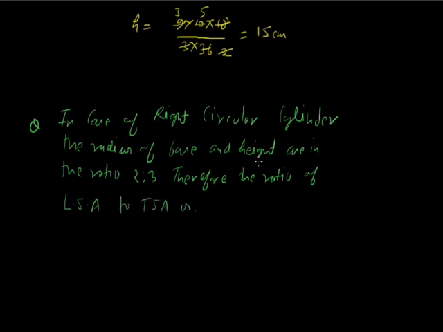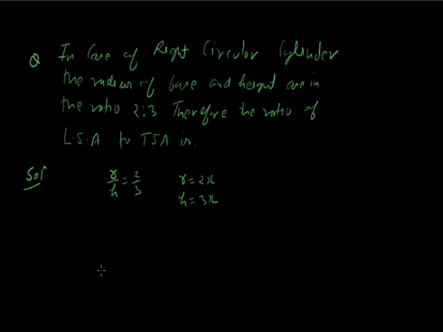हमें एक राइट सर्कुलर सिलेंडर का रेडियस और हाइट का रेशियो दे रखा है और हमसे लैटरल सरफेस एरिया और टोटल सरफेस एरिया का रेशियो पूछा जा रहा है. Now let's see how we can find this. रेडियस मान लेते हैं r है और हाइट h है. सो द रेडियस और हाइट का रेशियो दे रखा है 2:3. We assume that r is equal to 2x, let's say, and the height is 3x. Now we have to find the ratio of lateral surface area to the total surface area.